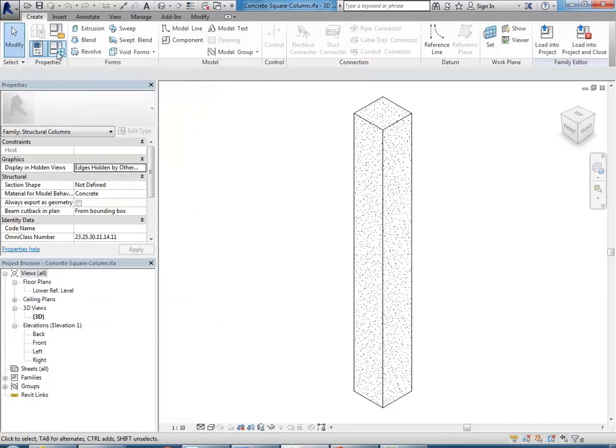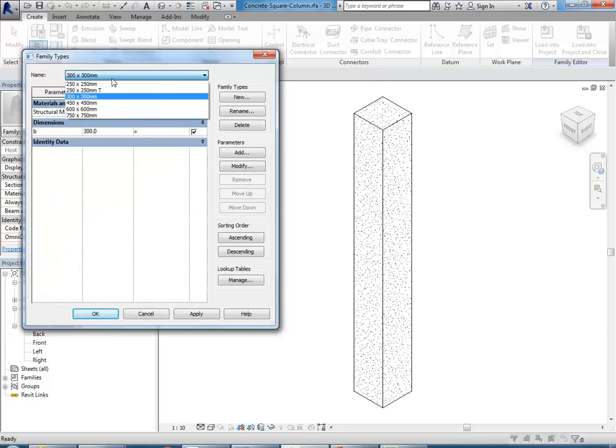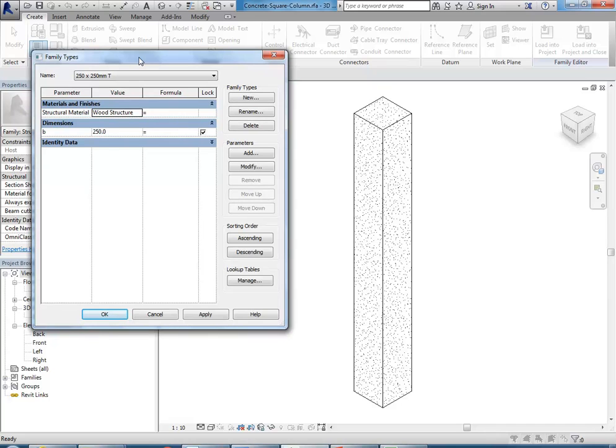Okay, so the reason it didn't come across before is because all of these types already existed in that family file that I was going to edit. So they were already there with the material set to concrete. And so it wasn't changing those types, but because I've added this new type, it's a bit of a trick built into Revit. When you edit a family in a project and add a new type, if you then go to edit that family file, it'll add that type back into the family file, which is really useful because often